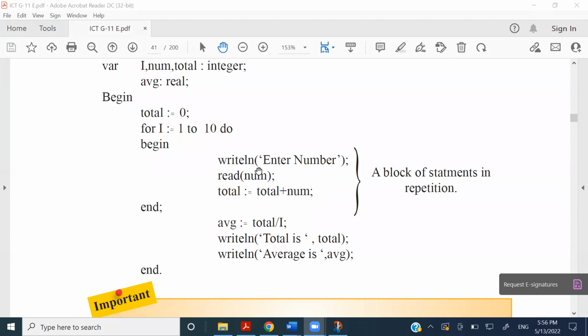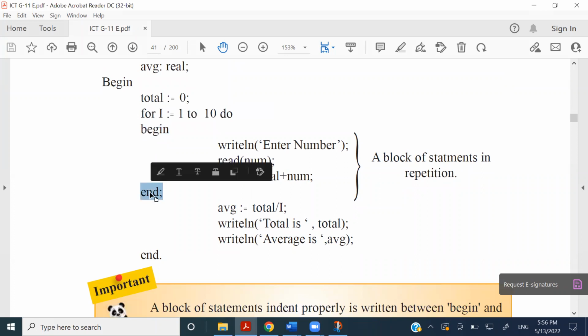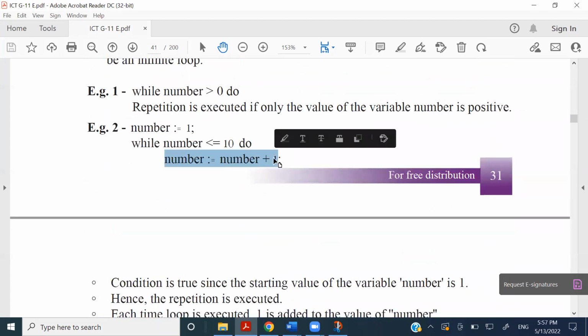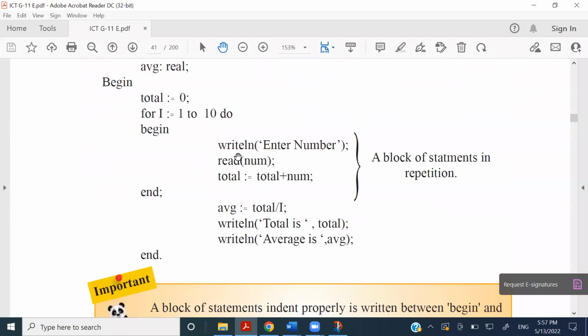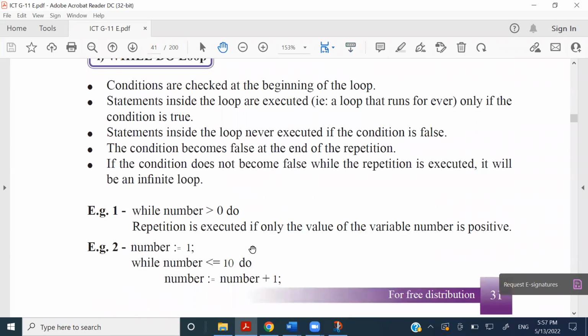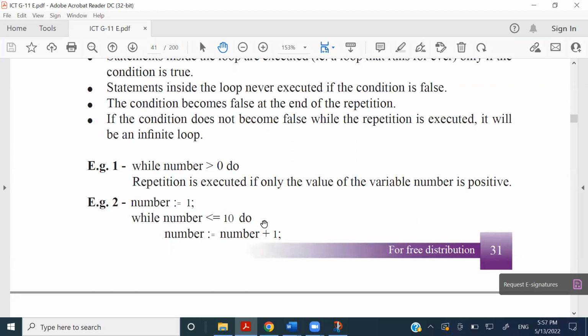Right. So as we use a begin and end to indicate a block of statements in repetition, if the while is going to have more than one statement. Now in this example, they got only one statement. In case they have more than one statement, you have to use a block like this, that means a begin and an end under the while loop. So then you can specify more than one particular statement under it, right? So here, if I hand trace this,